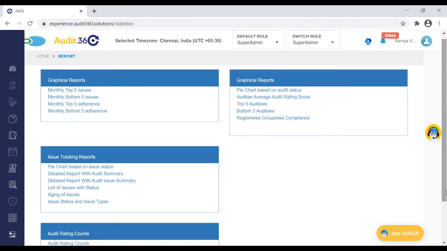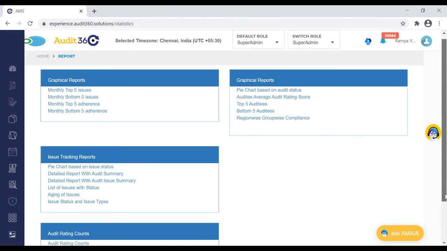One moment, I'll just answer that. Yeah. Then cluster-wise reports. Is generation of cluster-wise report possible or not? Yes, Santosh.